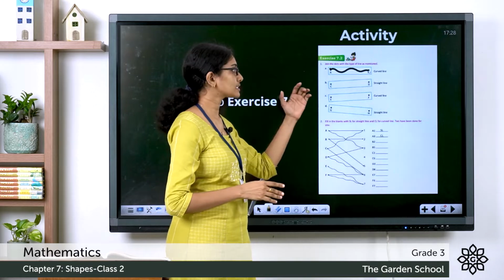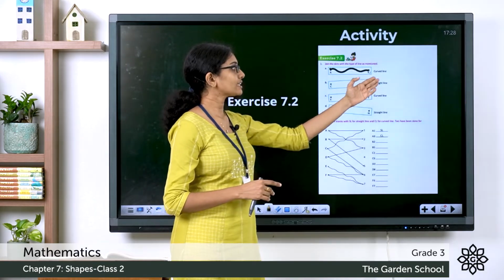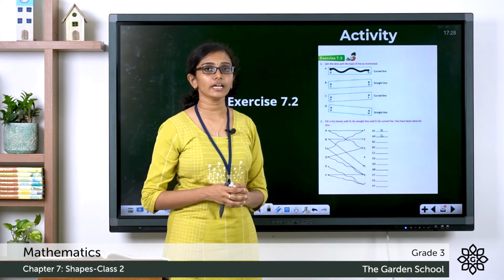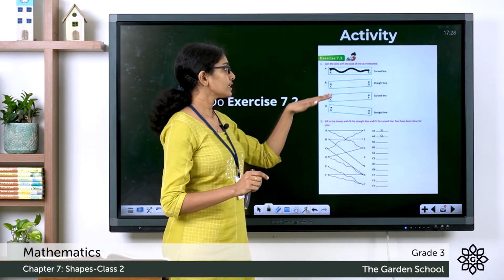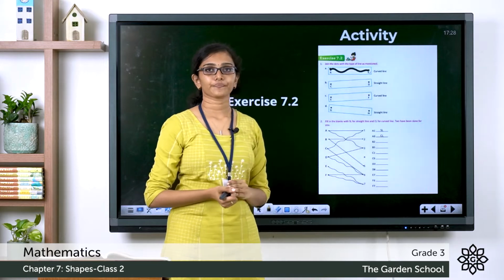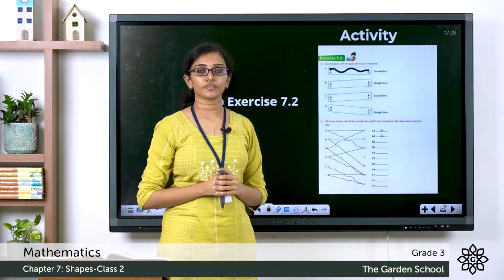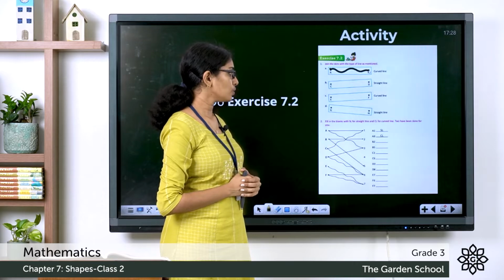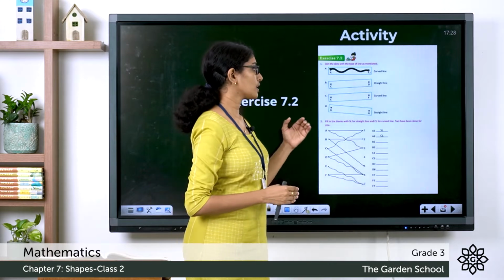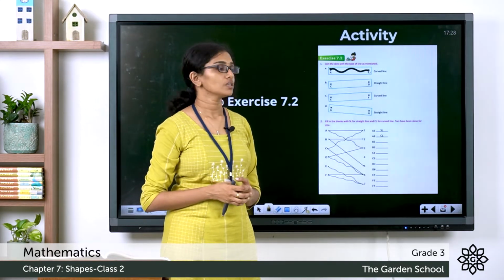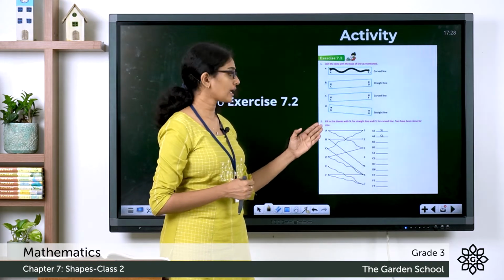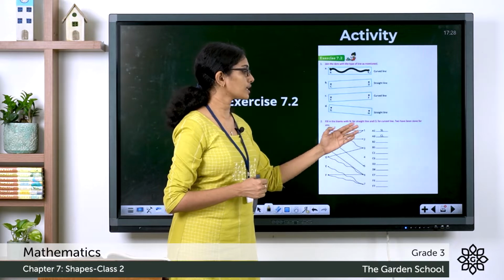In the second question you can see the dots or points C and D, and there you have to draw a straight line between C and D. How do you draw a straight line? You have to use your ruler and keep the ruler intact, and with your pencil connect the points C and D. Similarly, you can finish the rest of the questions, and in question number 2, you are asked to fill in the blanks with SL for straight line and CL for curved line. 2 examples are already given there. In the first question you can see the point or dot A is connected by a straight line to the number 1.